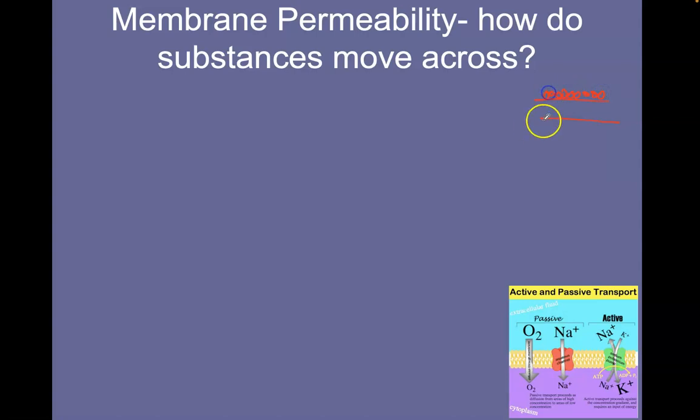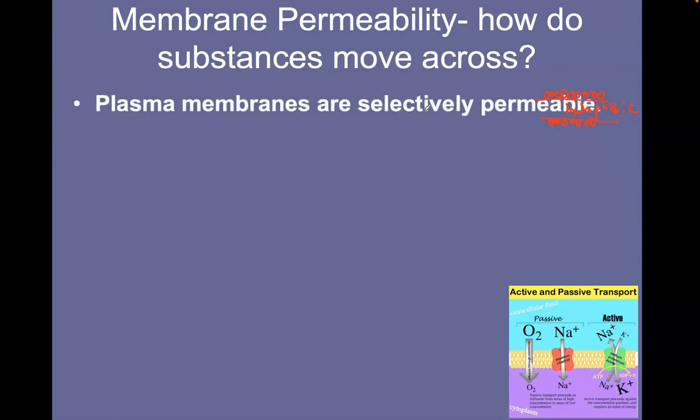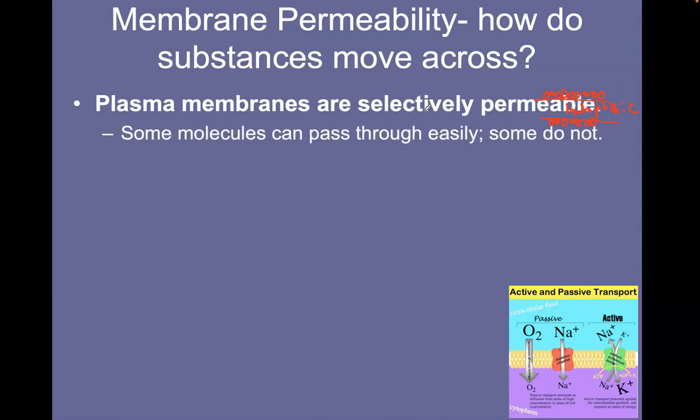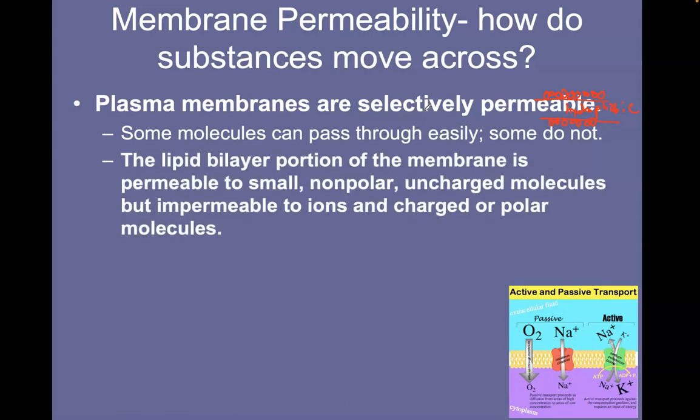So they're charged and like to interact with other charged things. So just remember again that we have the hydrophobic center. That's important to remember because our plasma membrane is selectively permeable, which means that it allows some things to pass through and some things not so much. And it's pretty easy to figure out what doesn't like to pass through because of this hydrophobic